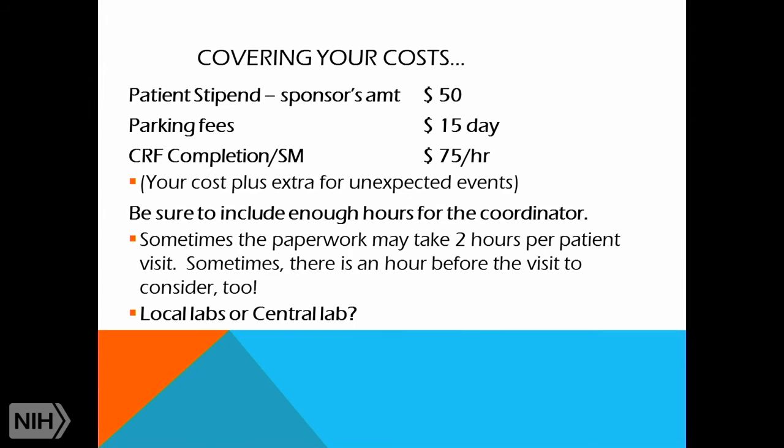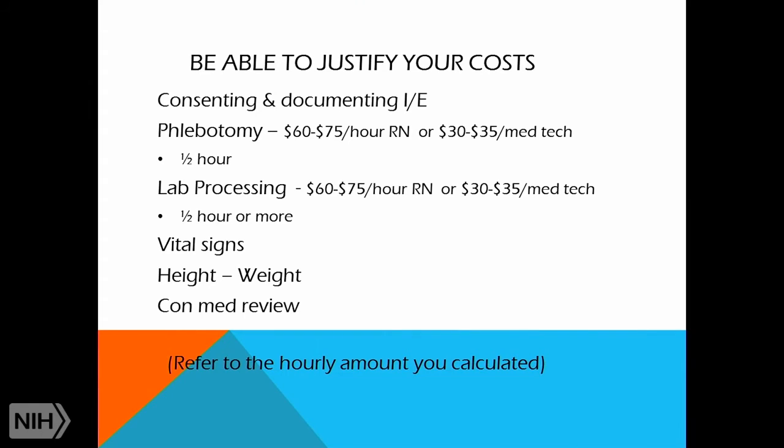And if the labs are going to a central lab, fine, then you don't have to itemize them. You can just say phlebotomy and lab processing. But if they're going to a local lab, you don't have lab processing, but you do have a lab fee. So you need to put that in there too. And we talked about justifying and how much time you think. You can get that information from your sponsors, from your coordinator. And most of the time, for vital signs, height, weight, I'll do $10 each, because I figure they do the height, weight, and vital signs in 15 minutes if you go to the doctor. So that should be enough time.